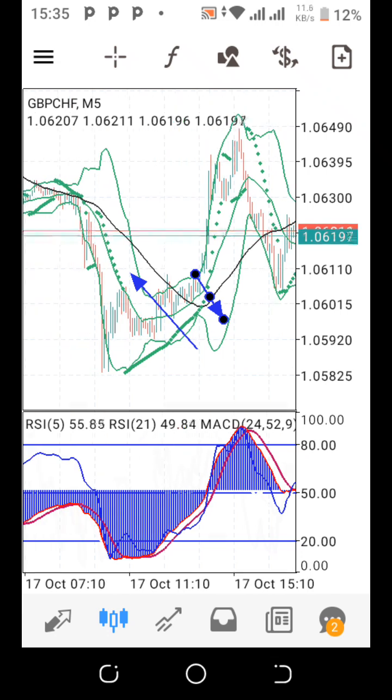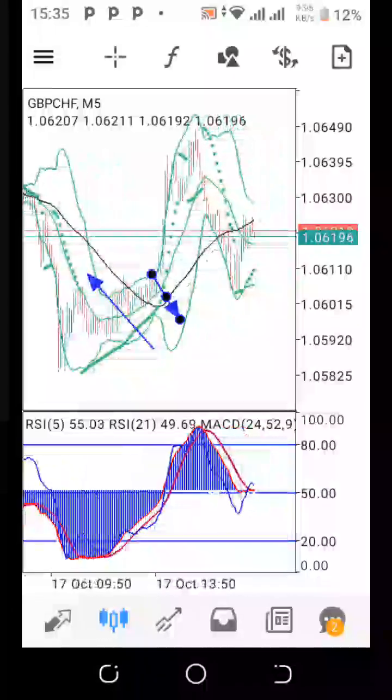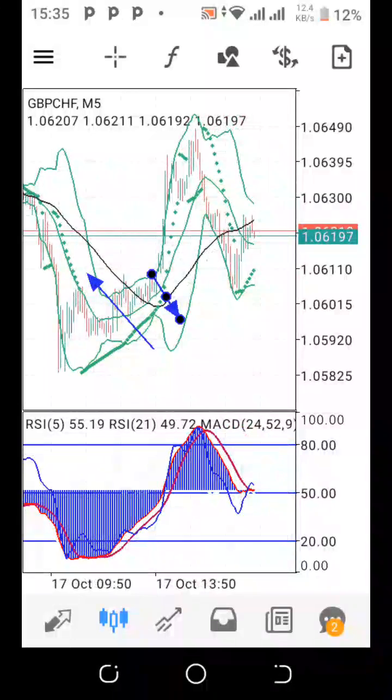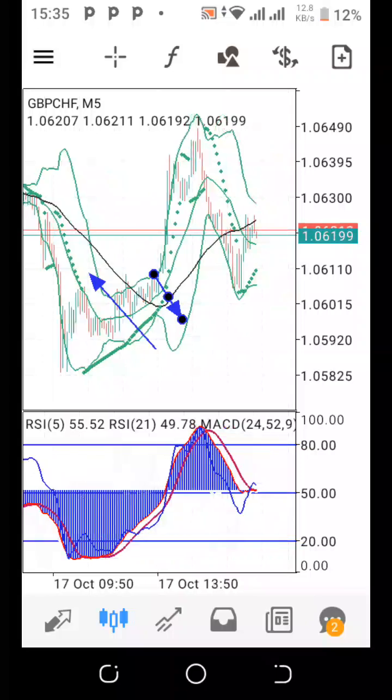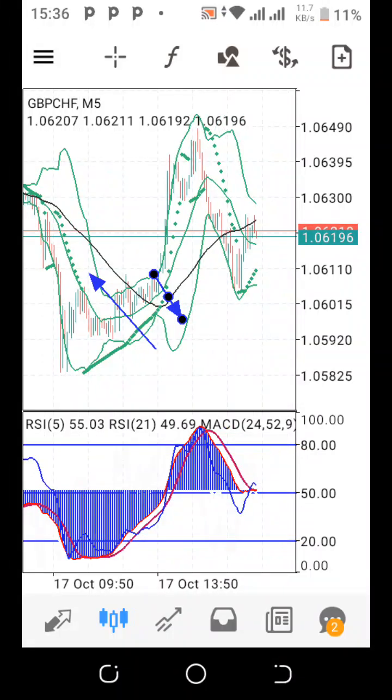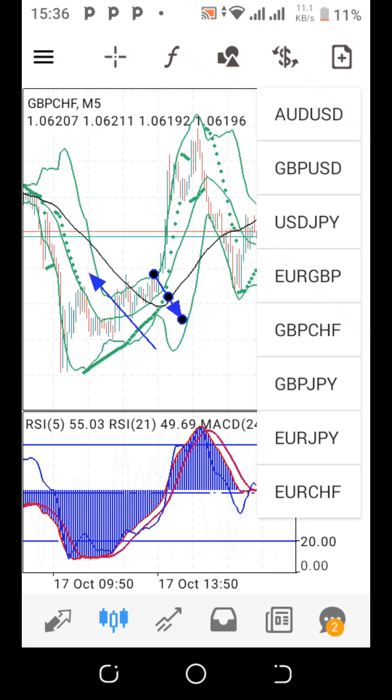I use my parabolic SAR as the first setting. Watch my other video, you will understand how I use this parabolic SAR. And also the Bollinger Band, I also use it to confirm, because the middle line of that Bollinger Band is actually a 20 moving average. So when the candlestick crosses my parabolic SAR or the 20 moving average, I also go to